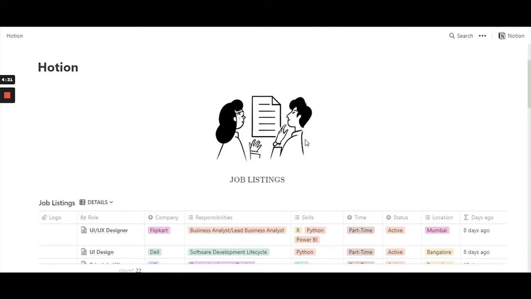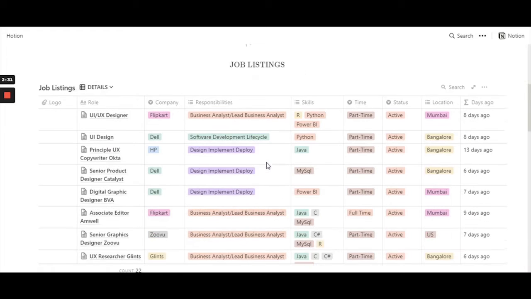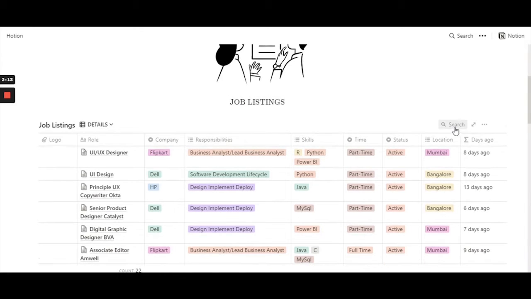So let's get started. As a candidate or a student, you would have something in mind that you would really be interested in and you want to apply for the job. So you can go straight to the top over here, which says search. Click on it and you can type in the kind of job that you're looking for. In this instance, I'm going to type in